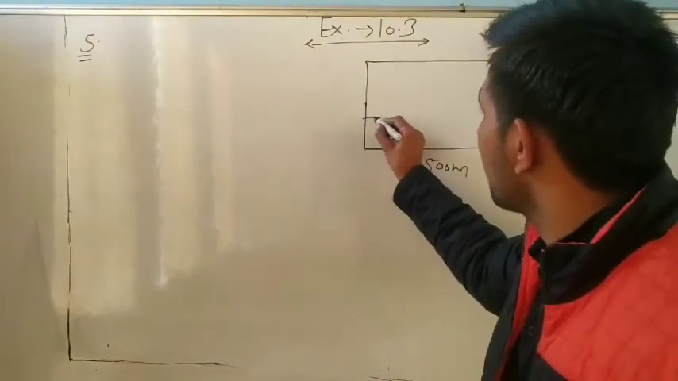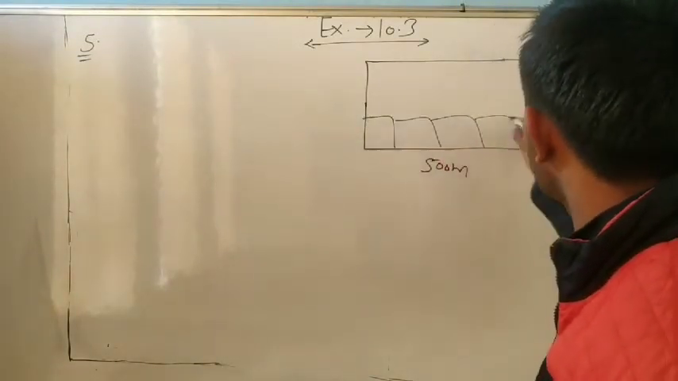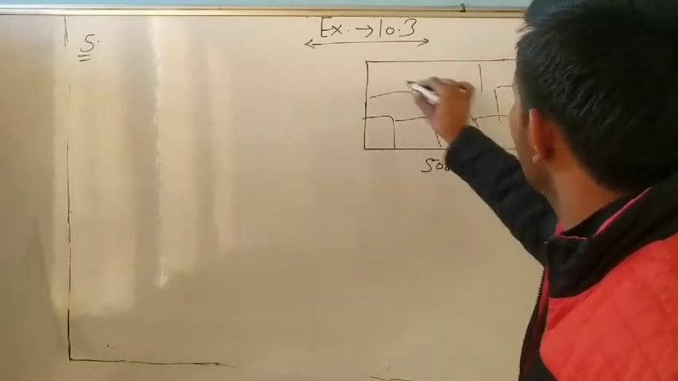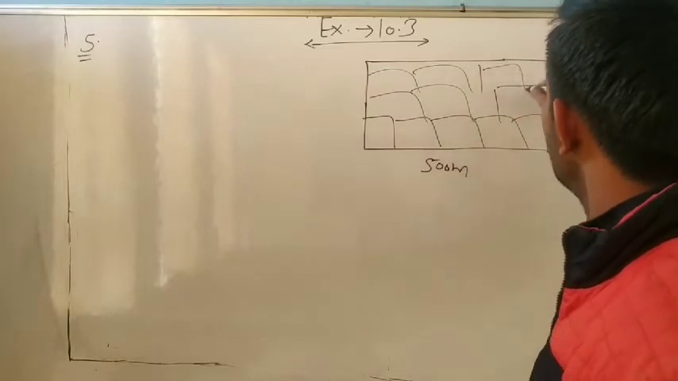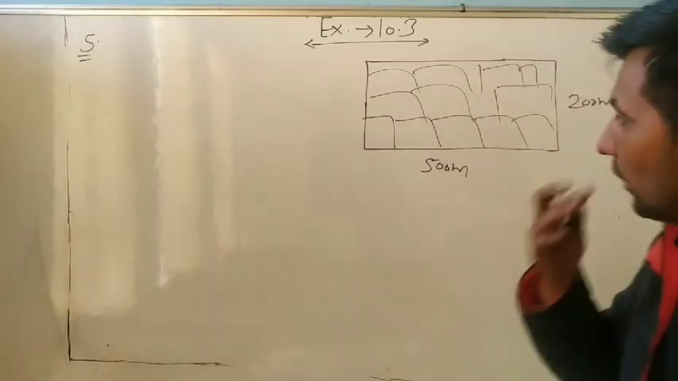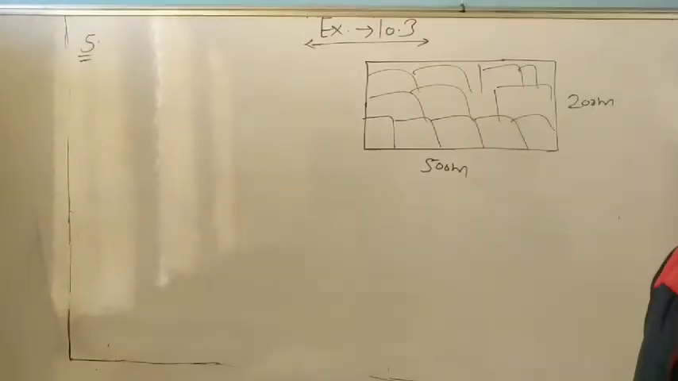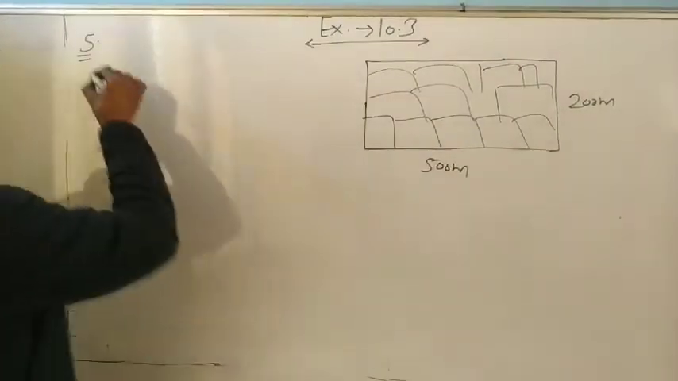Where will we use tile? We are using tile like this one, or not? So it means you are using tile in area or perimeter? We are using tile in area. So first we will find its area. So we will write